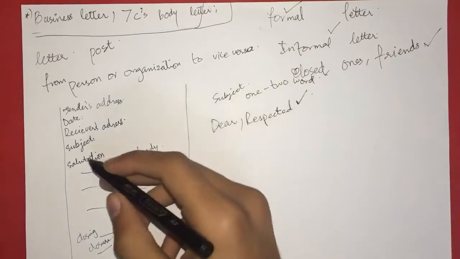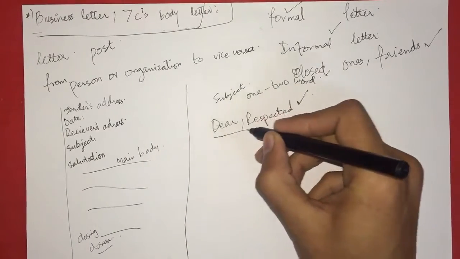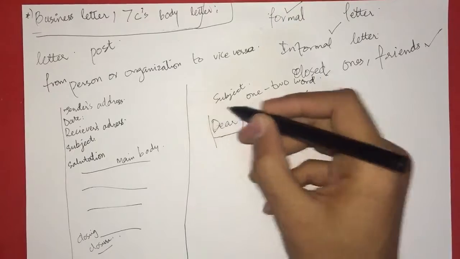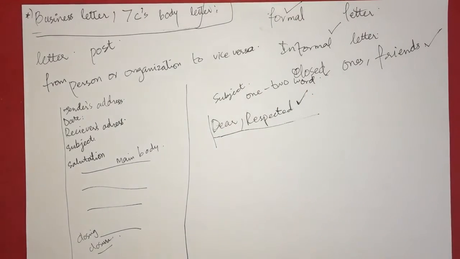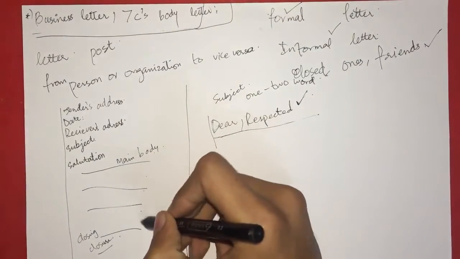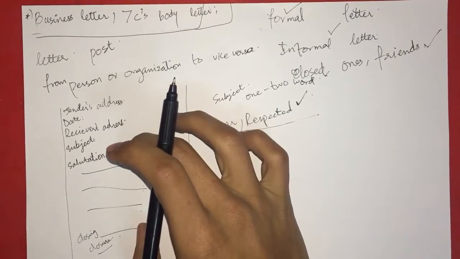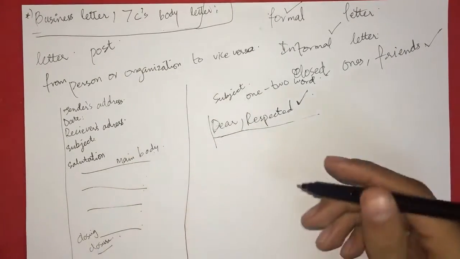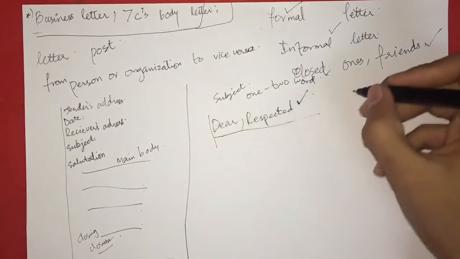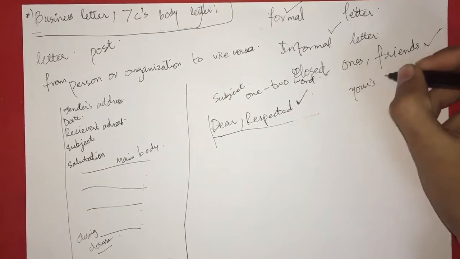So the salutations are the respectable words which you use to start your letter's main body. Then there's the main body of the letter. And once you're done with the main body, you close the letter. So in closing the letter, you use the convention